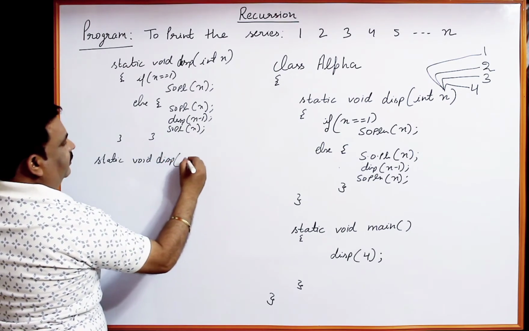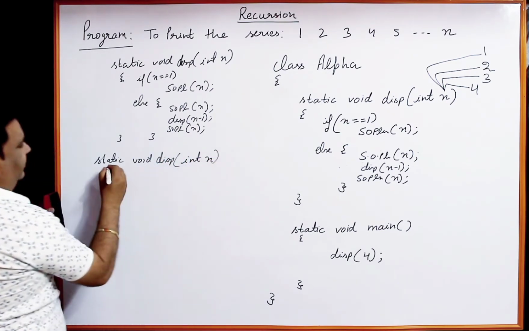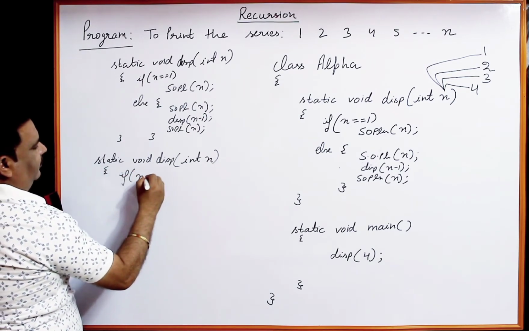Static void disp, same int n, if n equal to 1,